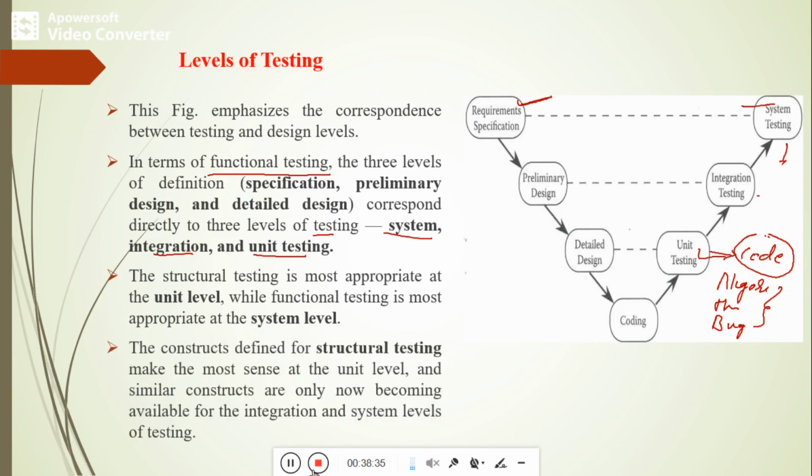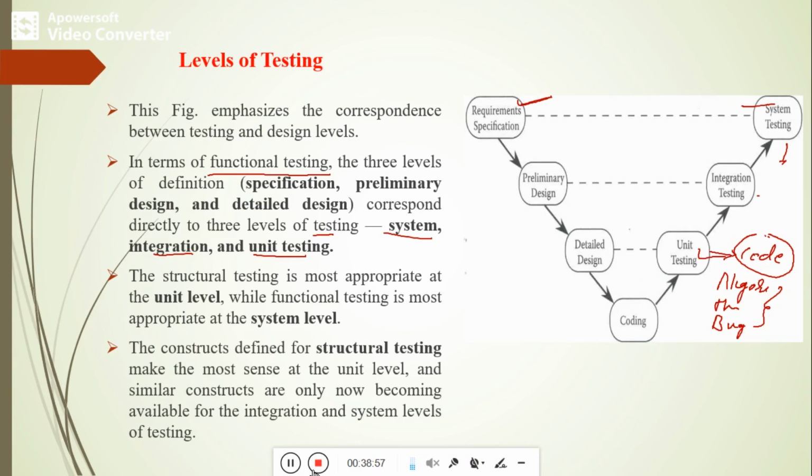I think the constructs defined for structural testing make the most sense at the unit level itself, to check whether the code meets the user requirement specification or not.